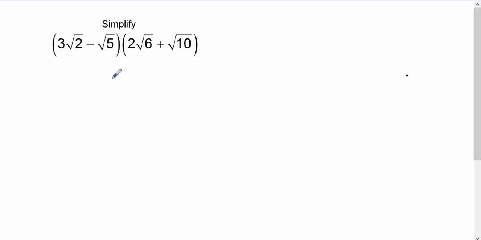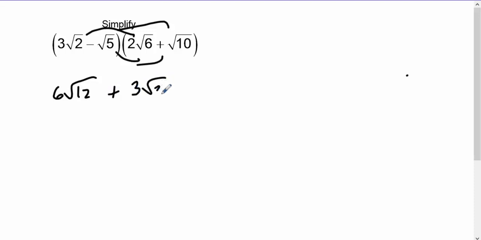So in this problem, we're asked to add if we can and then multiply. Notice in each parentheses, no like roots, so we can't add, so we're just going to FOIL these out. First, outer, inner, last, right? And we've got 6 root 12. We've got 3 root 20, 2 root 30,